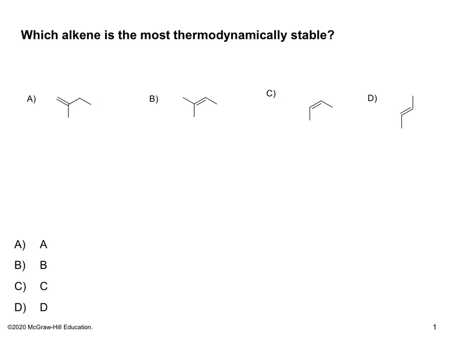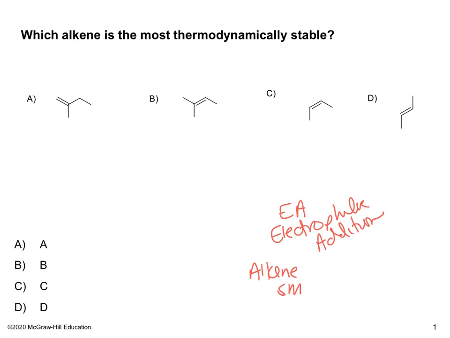Welcome to Chapter 10, and we'll be talking about electrophilic addition. This is a new mechanism, EA, electrophilic addition. And for these, an alkene will be your starting material. That's your functional group. And then you can go to lots of different functional group transformations depending on the different